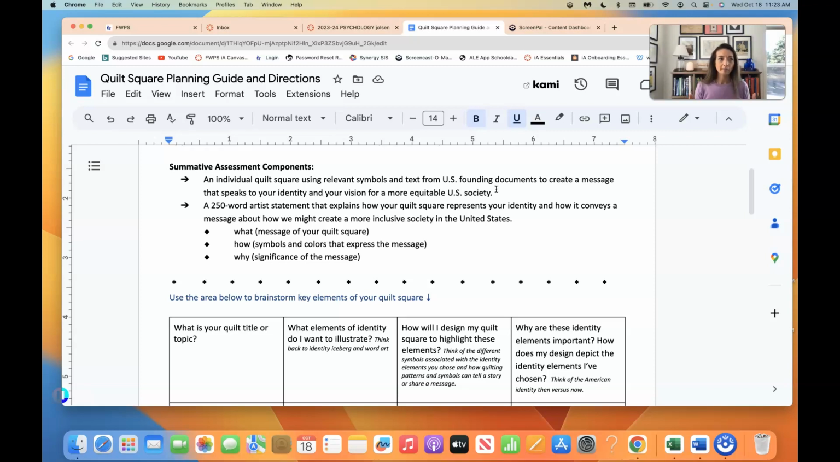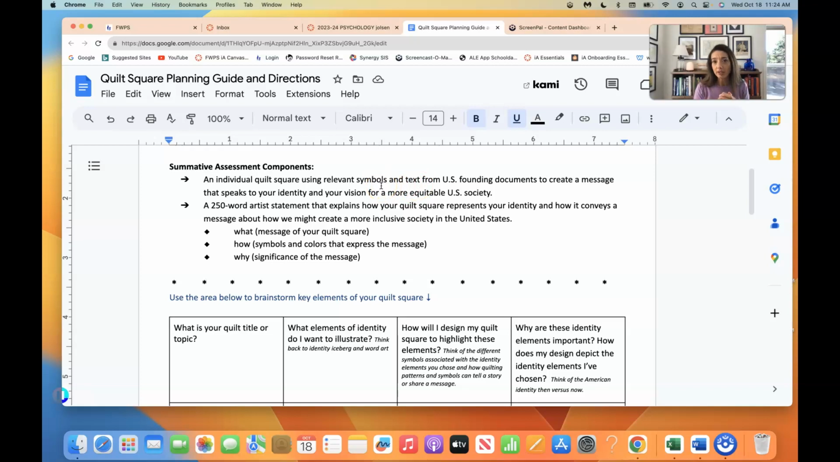Okay, so let's say that maybe one of the phrases that you want to use from the founding documents is liberty and justice for all. I might simply see that phrase built in somewhere into your quilt square. That's just an example. You could use all different kinds of phrases, words that come from the U.S. founding documents. You're also going to think about designing this quilt square not only with text or words, but with symbols,